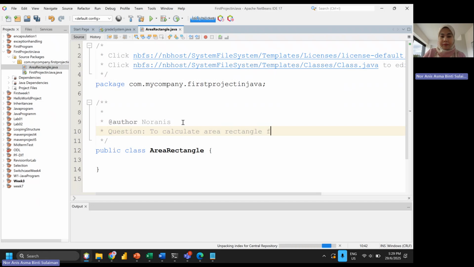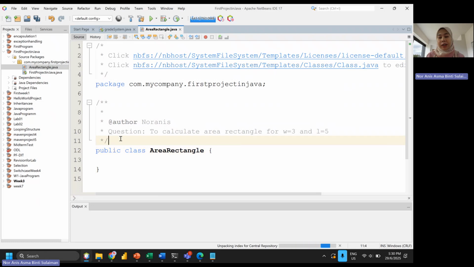Okay, for W, I assign directly over here a number. So for the width it is 3, and for the height or length it is equal to 5. Our aim is to calculate the area of a rectangle from the given inputs, which are a width equal to 3 and a length equal to 5.